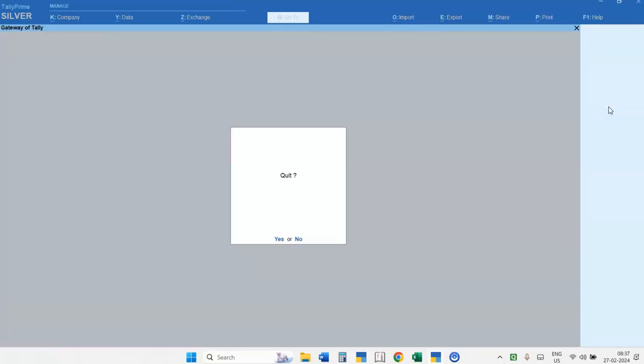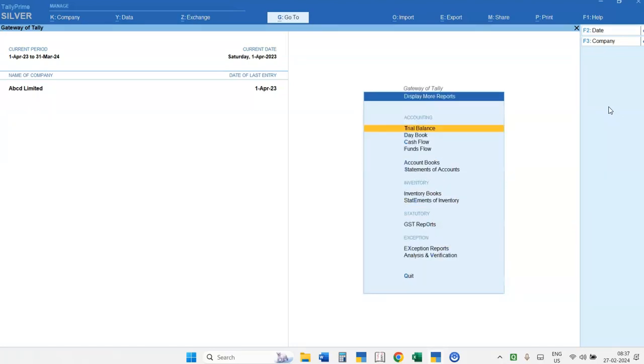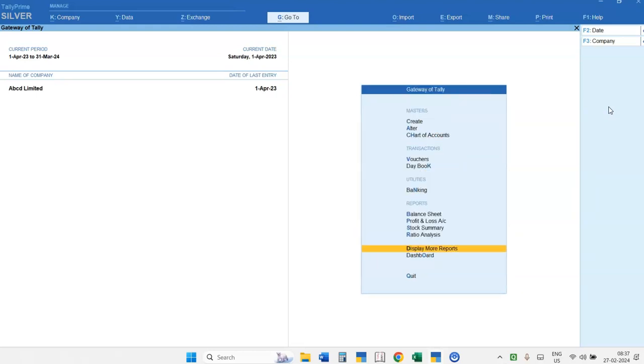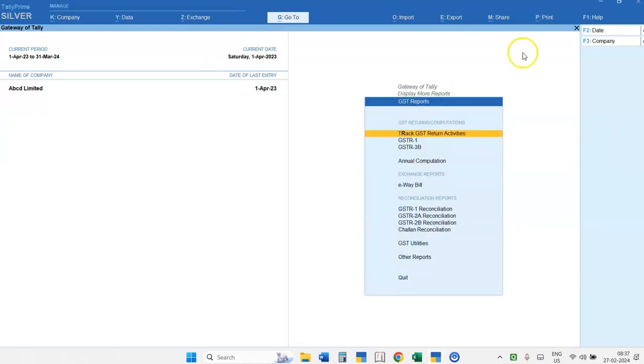Now suppose you want to see your GST return, then what you have to do? You have to go to Display More Reports. You have to go to the GST report, or you can also press D and O from your keyboard. Your GST report is open. Now you have to go to the GSTR1 report.